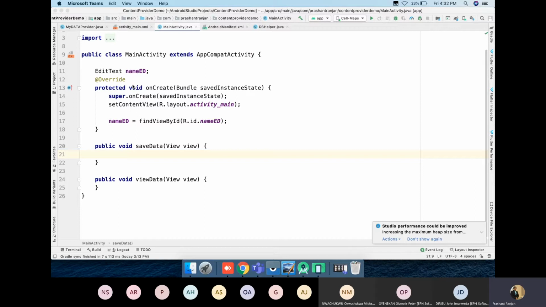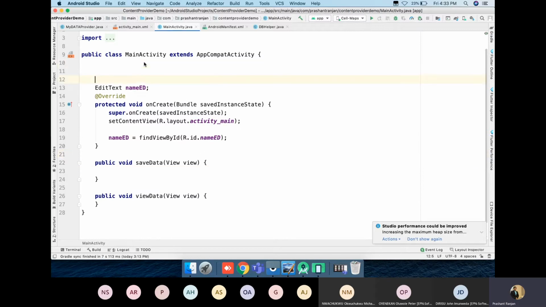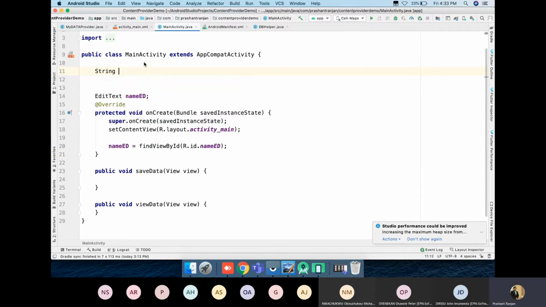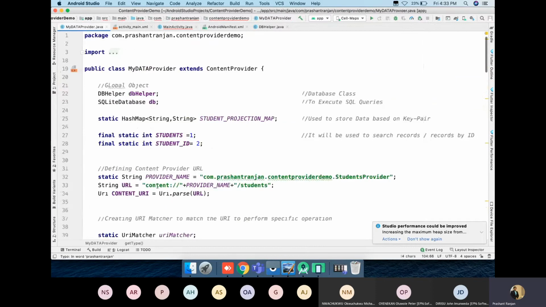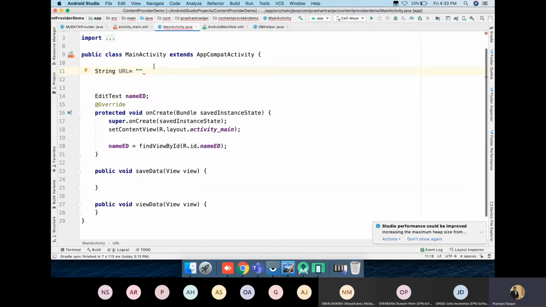So we'll see how we can do with the main activity and interacting with the main activity. The things will be changed now. So what are the changes to be done? First of all, the change will happen with the URL. So let me have the URL. Remember the URL you have created by the name of content, provider name, and so on. So it's going to be this way. And before that, we will be adding content. Then in the last, I'll be adding students.